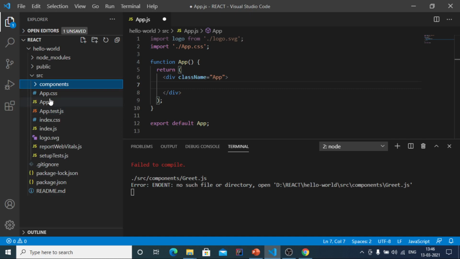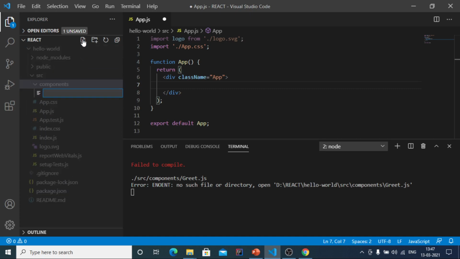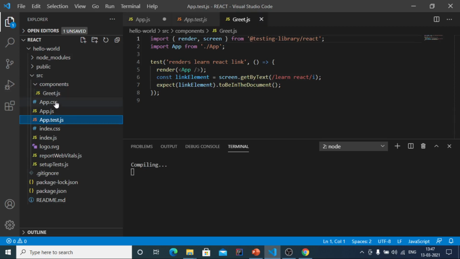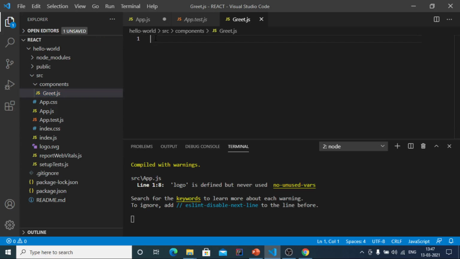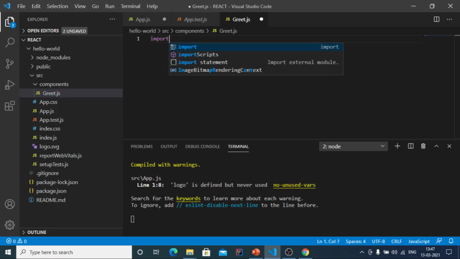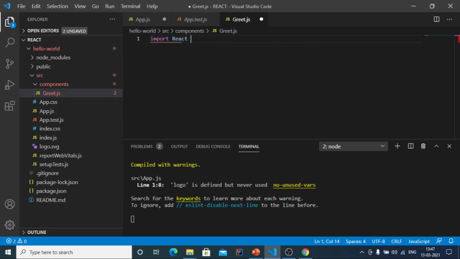Once we have created the components folder, let us create a file named greet.js. To name a file, we have to use the Pascal case file naming convention, and the first step is to import React from the React library,